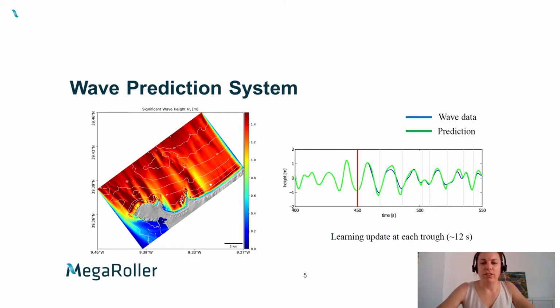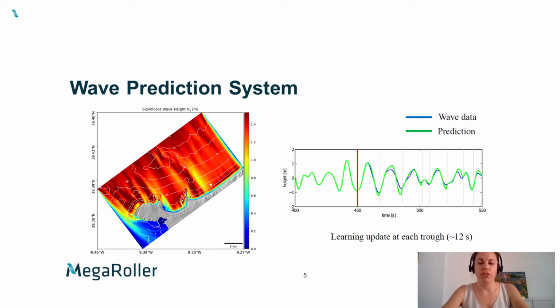And for wave elevation data, we've been using the nearshore wave propagation model Busnest that was developed by our other MegaAlert partner, the University of Bergen. And there's an example of output in the figure here on the left.